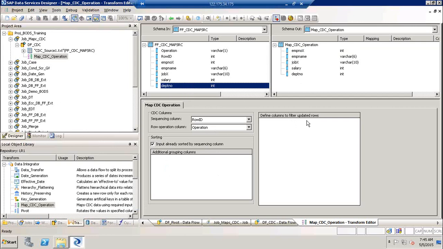Then define columns to be filtered, filter updated rows, right? So if I am doing a filter on an update, right? So inserts, updates, and deletes are my operation codes. So I can specifically apply a filter for updates, right? So let us say if I don't want to capture the updates in department 20, I can say the department number is equal to 20 is my filter, and it will exclude that particular department, because inserts anyway they get inserted directly from the source, and